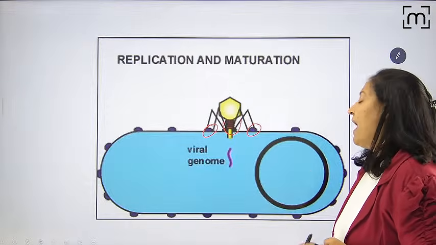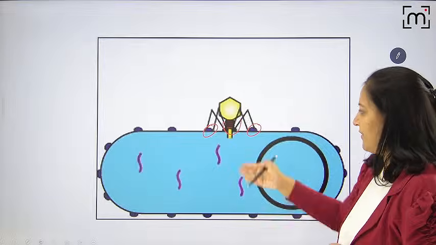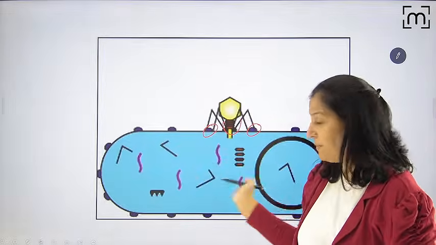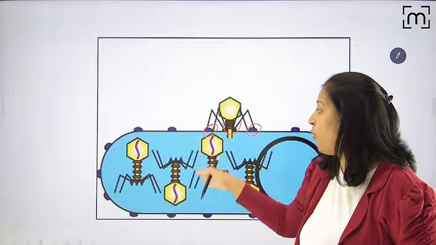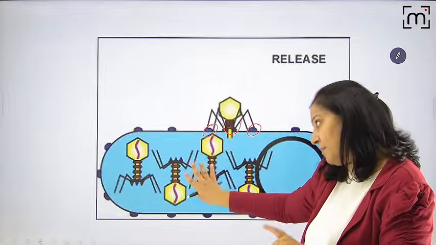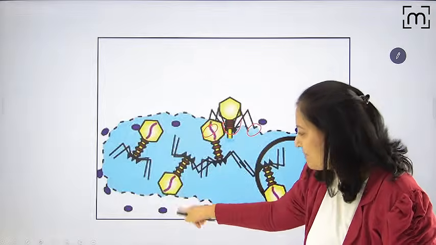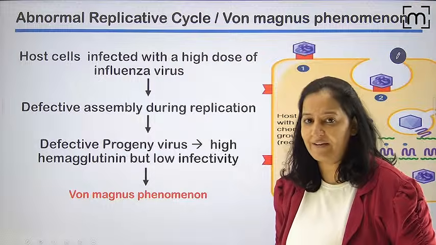It's penetrating. After that, uncoating is not shown here. The nucleic acid and capsid will separate. Uncoating, then biosynthesis. Appreciate the multiple copies. The multiple copies of the nucleic acid and capsid are formed using the host machinery. Then appreciate the assembly. One capsid, one nucleic acid, and they are maturing. Now they will do the lysis. Appreciate the lysis, and they are coming out. I hope all 7 steps are clear.